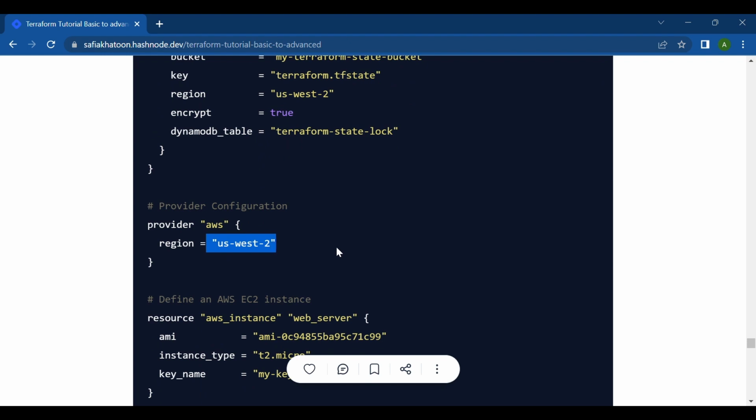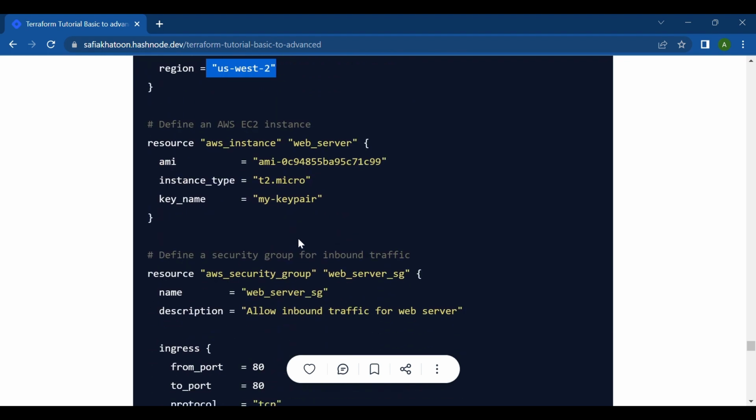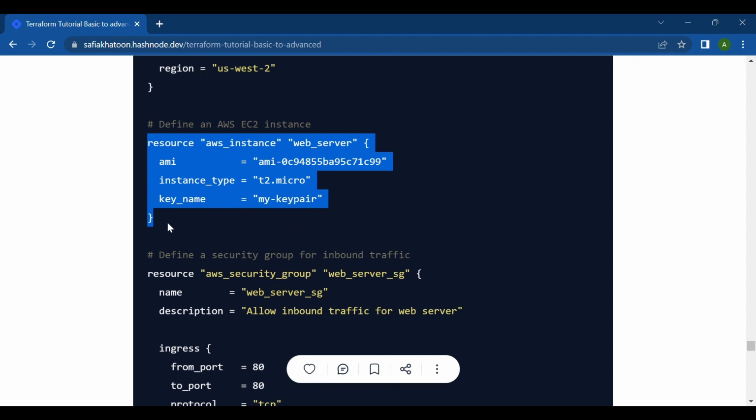The third block is to define an AWS EC2 instance, right? Basically this block defines an AWS EC2 instance resource named web server, and it specifies the Amazon Machine Image (AMI) ID, the instance type and the key pair to use for SSH access to the instance. Get it? So the next one is